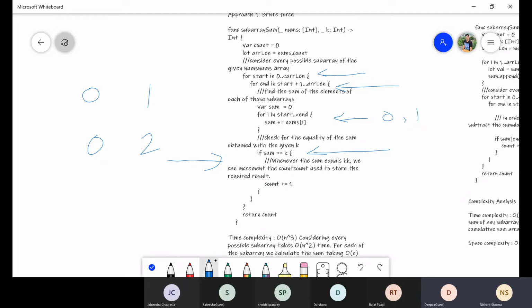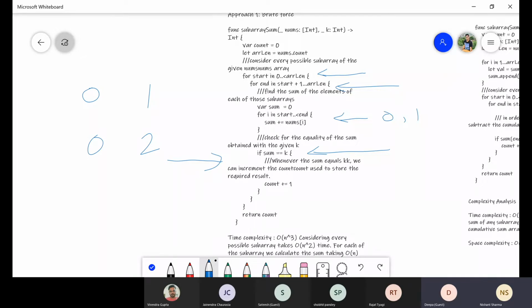This is the very brute force approach where you use two for loops just to get a subarray and a third for loop just to get the sum of the subarray. Then we compare with k and return the number of possible subarrays.